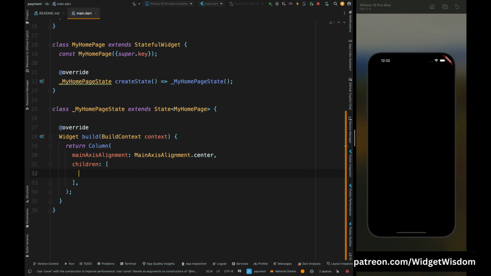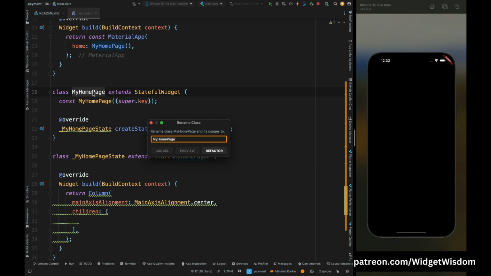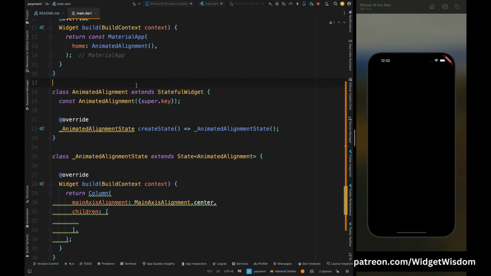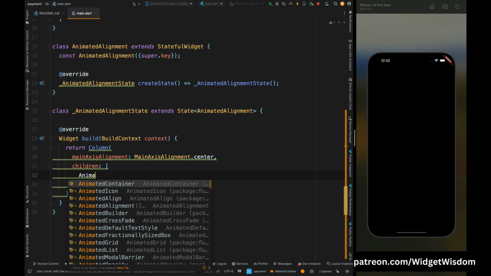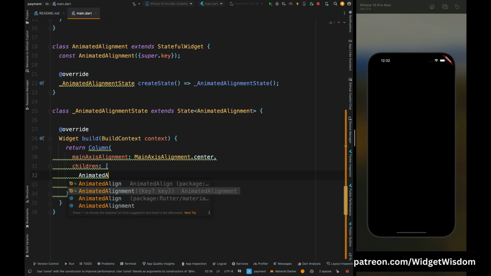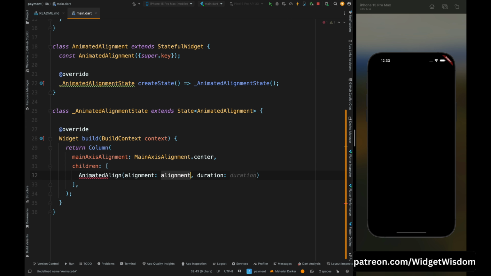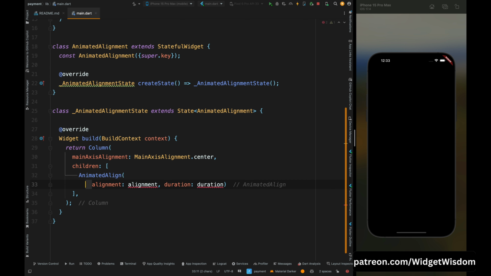For that, let's first rename this MyHomePage class into AnimatedAlignment, then come inside the column widget and here first add the animated align widget. This widget has two required properties. First is alignment, to change the alignment of the child widget, and the second is duration, to set the time